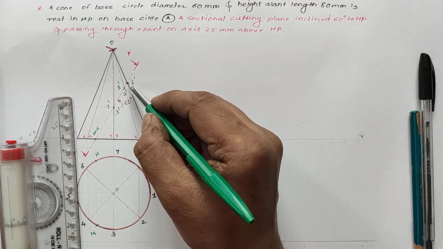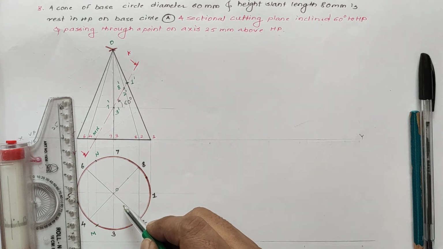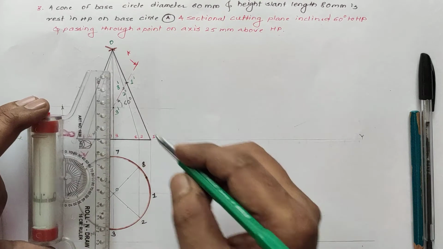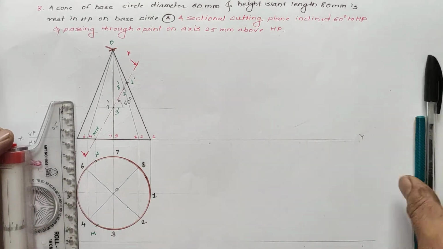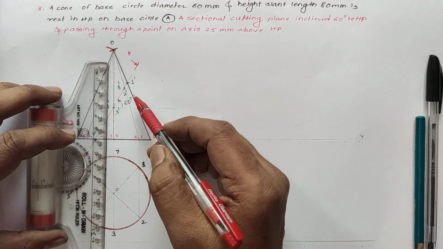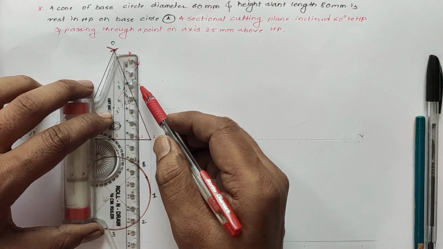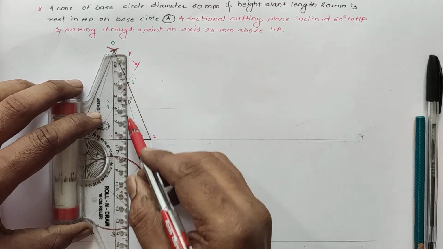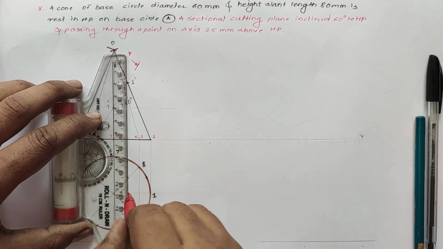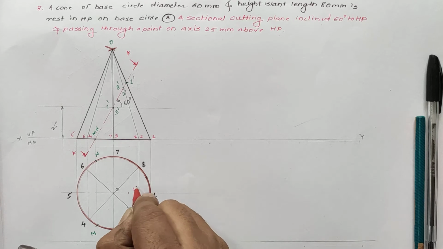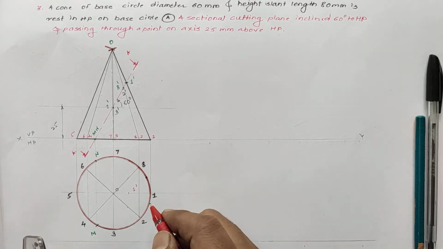Then we can take all these points in the top view to draw the sectional top view. So first point, directly we can mark on the top view on the generator. Take vertical faint projection line from 1 dash and O to 1. So we get the first point, that is 1 dash on the O1 generator.